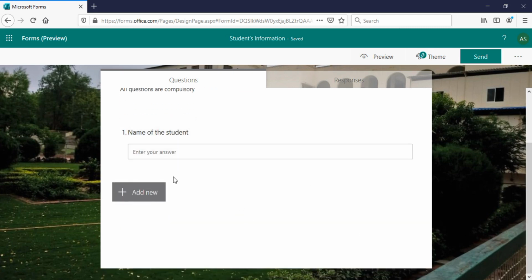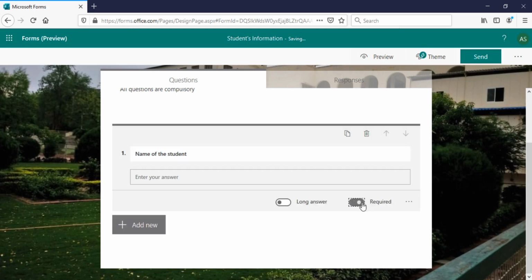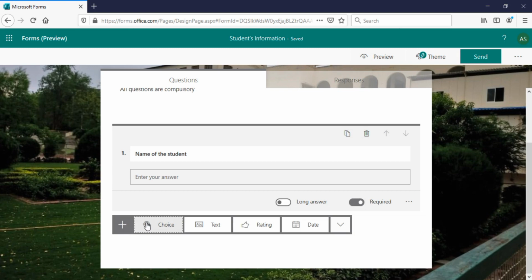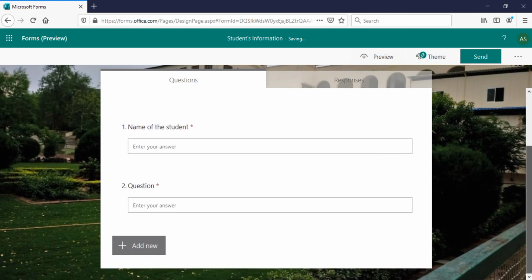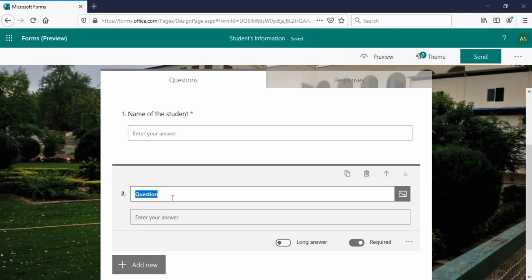Then the question is required, so make it required. Go for the next question. The next question is also the text type. Type the question, email ID, make it required.